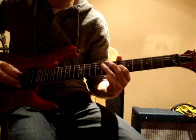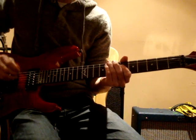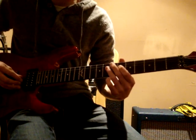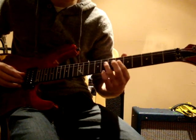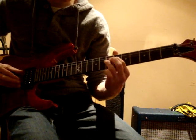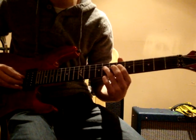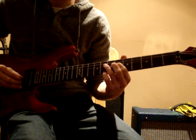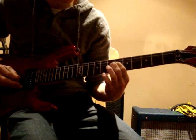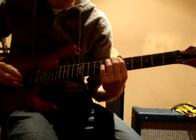So altogether that's... The second part of the riff sort of builds upon the first part, so you still play the first part, so you go like this, and then the second part you'll play. So after you've gone back down to the 4th, you'll go. So that's a hammer on and a pull off from the 6th to the 8th on the D, and then you move across to the A string and play the 6th fret twice. So that's...